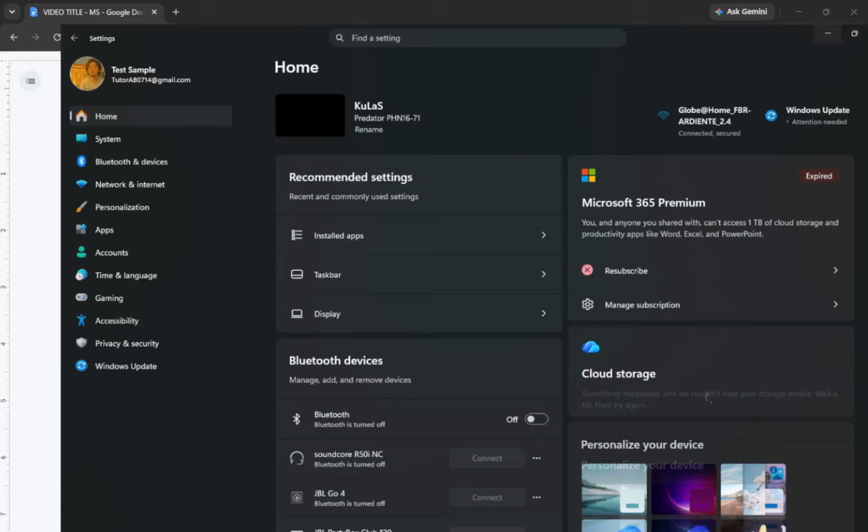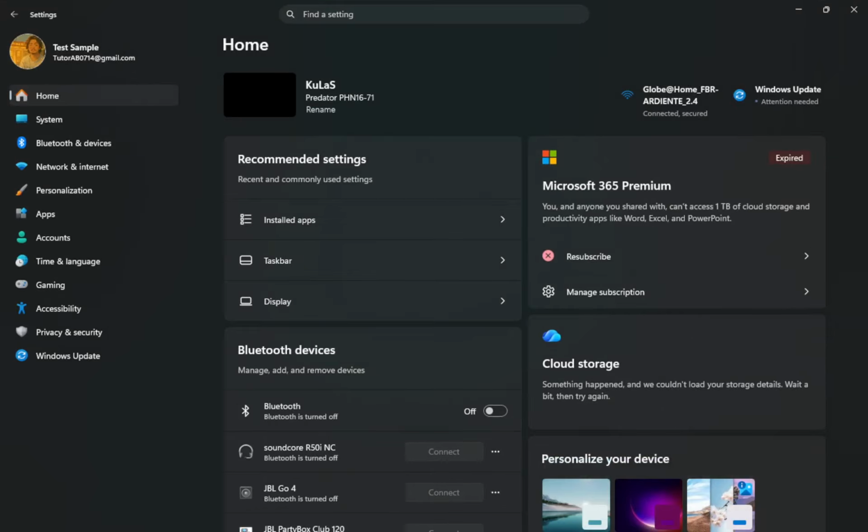You will usually see it at the bottom center or bottom left of your screen. When the Start menu opens, look for the Settings icon and click it. The icon looks like a small gear. After you click, the Settings window opens, usually in the middle of your desktop, with a list of categories on the left. Next, in that Settings window, look at the left side and select System.